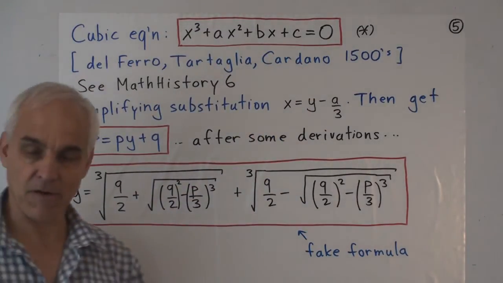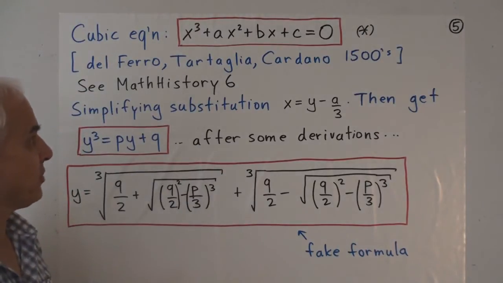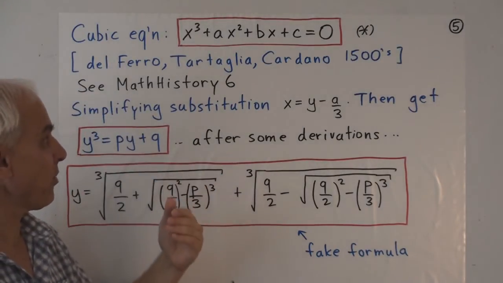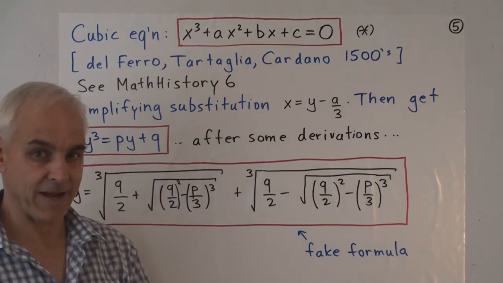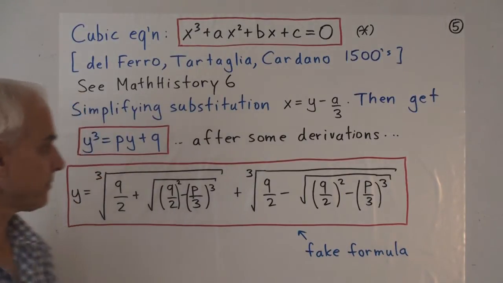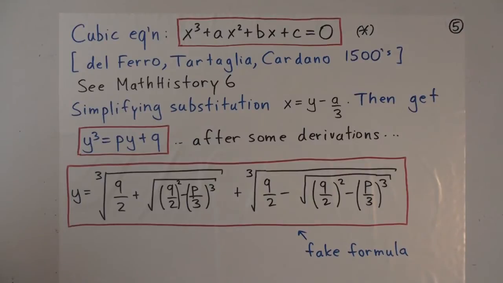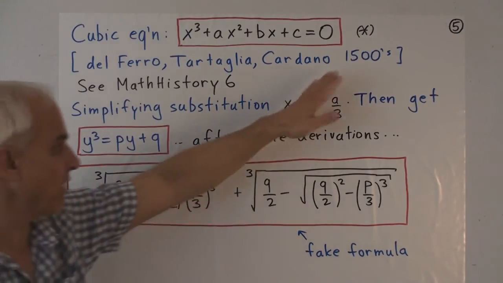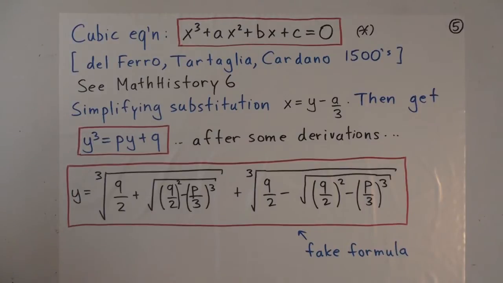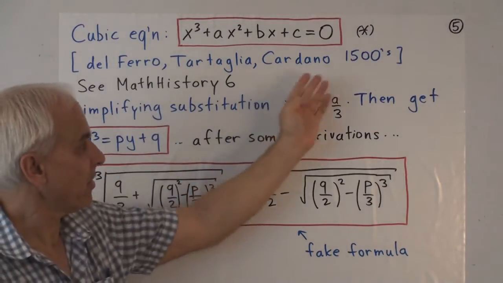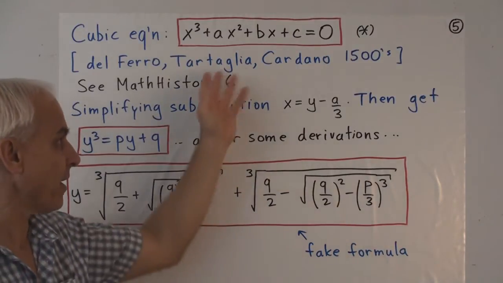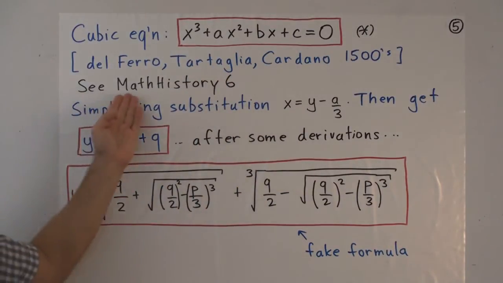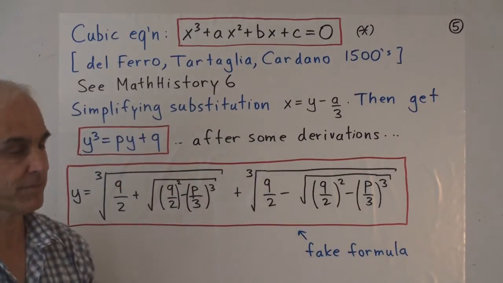So the question is, how do we write down a formula for this that allows us to find solutions if we're given a particular cubic equation? In other words, we know exact values for a, b, and c. How do you find some formula for x, which will involve a, b, and c? Alright, so this problem was solved in the 1500s by, well, a combination of a number of people. Italians Del Ferro, Tartaglia, and Cardano. And there was quite a lot of dispute of priority and sort of interesting characters here. And this story is told a little bit in my Math History 6 lecture.